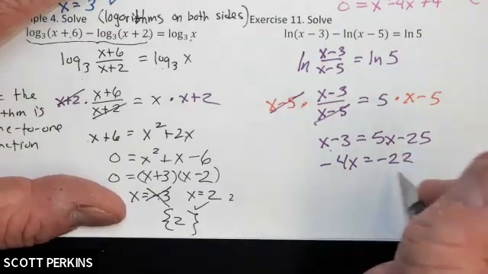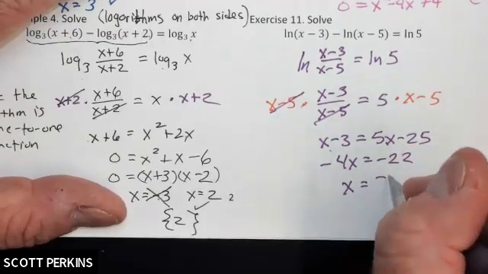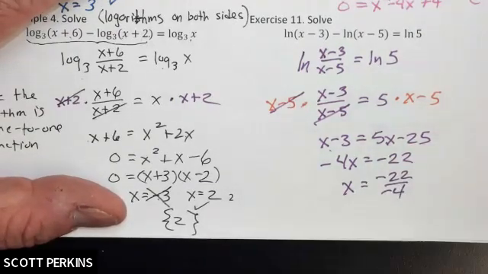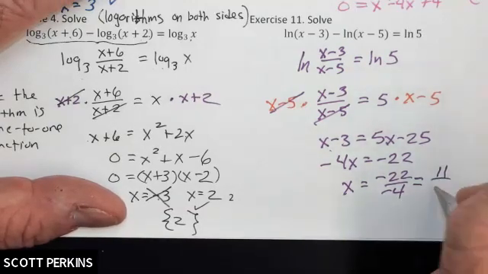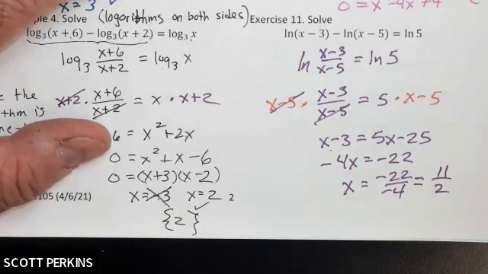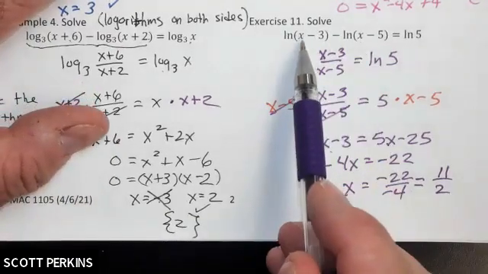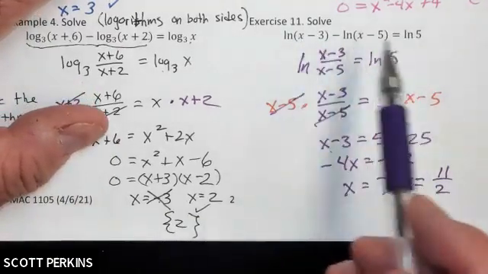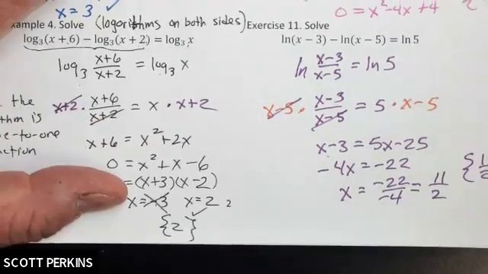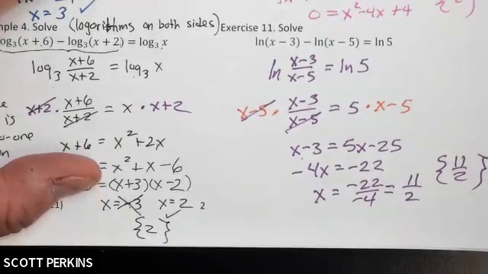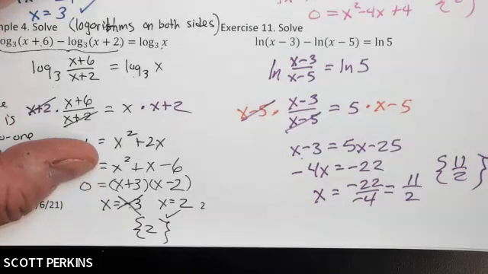And when I divide both sides by negative 4, I get negative 22 over negative 4. Which is really, when I reduce it, positive 11 over 2, or 5.5. And you can check 5.5 is going to leave all of these logarithms positive. So that is a lovely, lovely solution. And I'm done with that problem. All right, like I said,